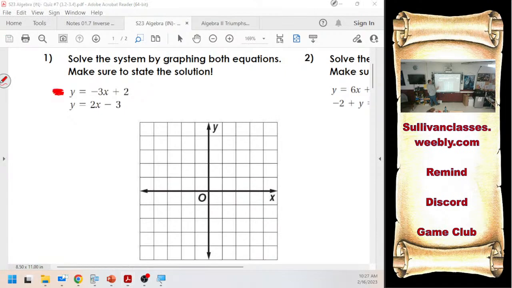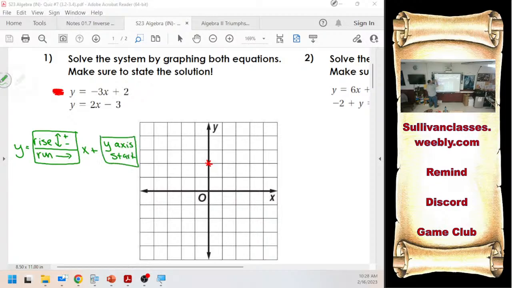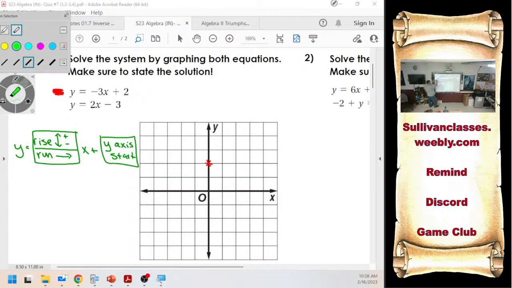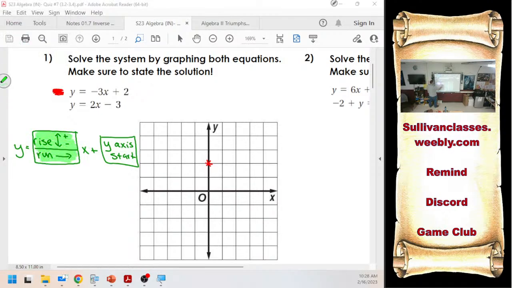Contestant 1. Where do I start? +2 on the y-axis. There we go. I start right there. Y'all, if you need to write off to the side, remember, y is rise over run. Rise is determined by sign because I always go left to right like a book. X plus y-axis start. Okay, if you need to do that to tell yourself that